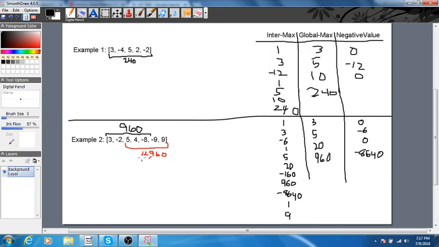The reason we got this wrong is that there was an odd number of negative values, and we included the first negative value and not the last negative value, when in fact we should have included this -9 and not this -2. So you have to keep track of how many negative values there are in a row before you hit a 0. If there's a 0, well, it kind of doesn't matter,